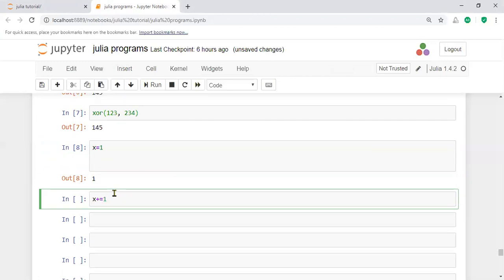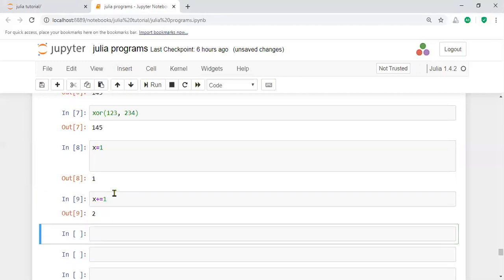How can you calculate this value? After the assignment x equal to x plus 1, you get the result like this.